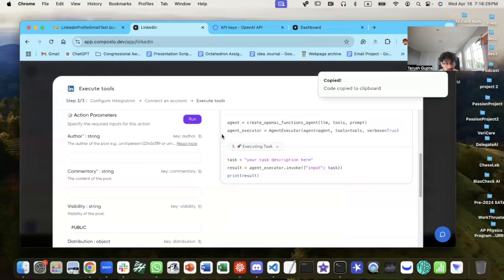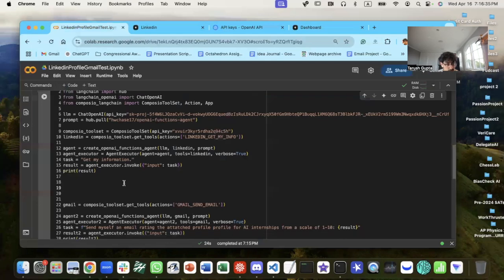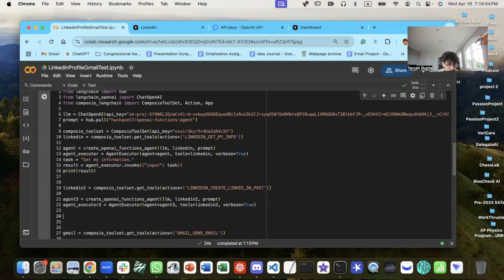So obviously, actually, I'll just literally directly copy from this. And then we can just put this in here, right? LinkedIn 2, right? And this we can call agent 3 and agent executor 3. Call this LinkedIn 2 and call this LinkedIn 2 and call this agent 3. So now what we need to do is task 2 is equal to